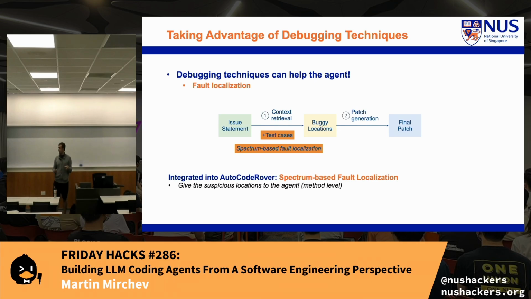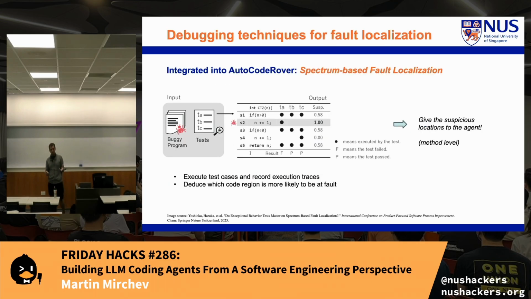The idea of spectrum-based fault localization is quite simple in reality. The idea is that you have a test suite. By default, if your code base is reasonably good, it should have a collection of tests that describe the behavior and what the expected output is. It has the real answer in it. In the literature, that's called having a proper test oracle. The idea is that you can also track which parts of the code base this test suite touches. So if you have at least one failing test case and a collection of passing test cases, you can generate some notion of confidence, some measure that tells you, yes, this line is suspicious.